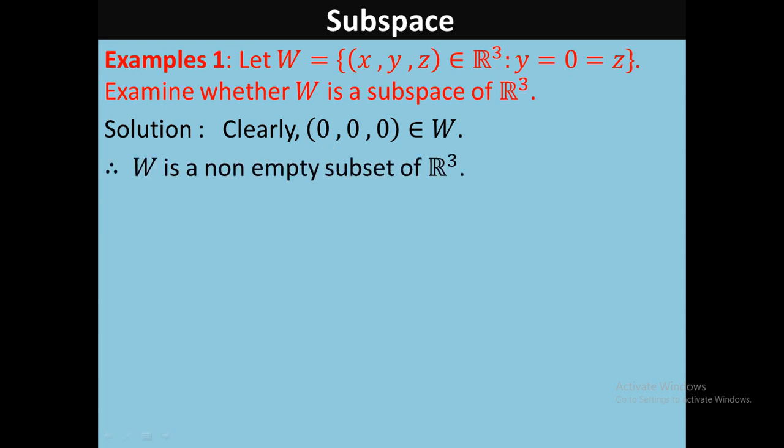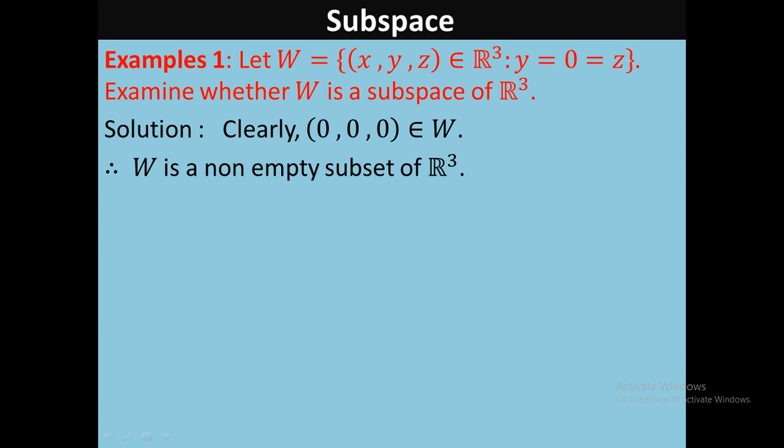You can choose any other element of W, suppose (1, 0, 0), (2, 0, 0), (3, 0, 0), (4, 0, 0), (minus 2, 0, 0), (root 7, 0, 0). All these elements are also available in W. But I suggest you verify whether the element (0, 0, 0), that is the null element, is in W or not. If you check, then you get another benefit. I discussed the benefit in example 3 or 4. However, here (0, 0, 0) is in W, therefore W is a non-empty subset of R3.